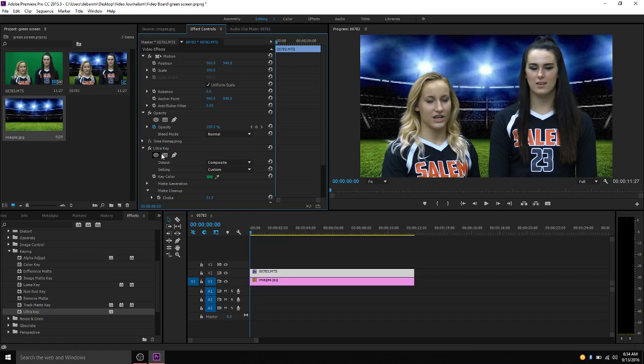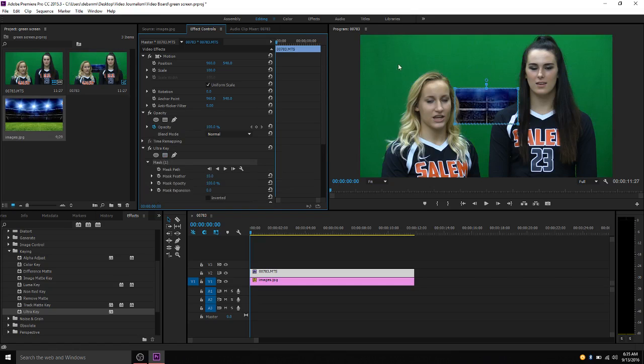You don't want to put the mask on the effect. The Ultra Key that took away the background, we don't want to put the mask on that effect. So we can just hide all of those attributes for Ultra Key. We want to put the mask on the clip itself. So if you notice, if I'm here and I put a mask there,